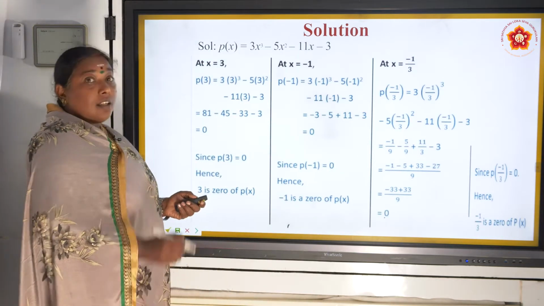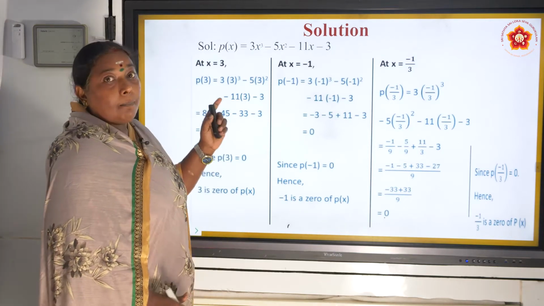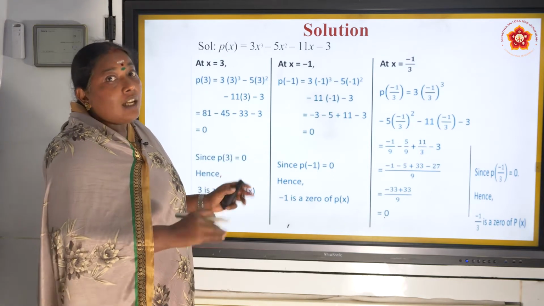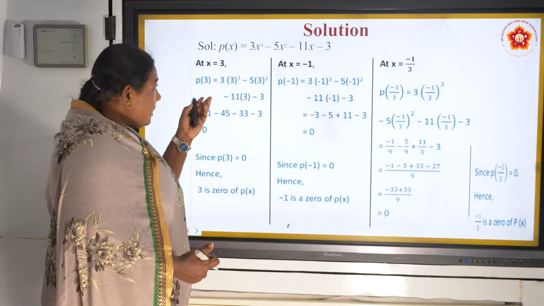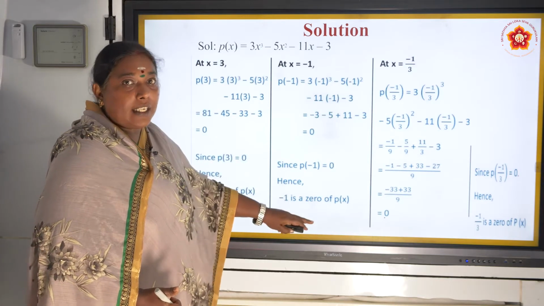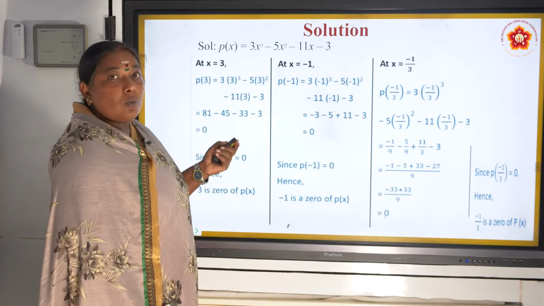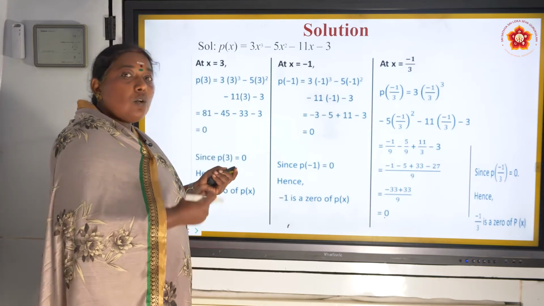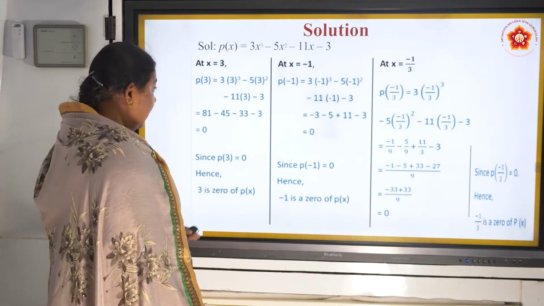So from this we are telling that 3, minus 1, and minus 1 by 3 are all zeros of the polynomial. Why? By substituting, I am getting the result as 0 every time. That is why I am telling that 3, minus 1, and minus 1 by 3 are zeros of the polynomial which is given here. Let us see the next. Next is